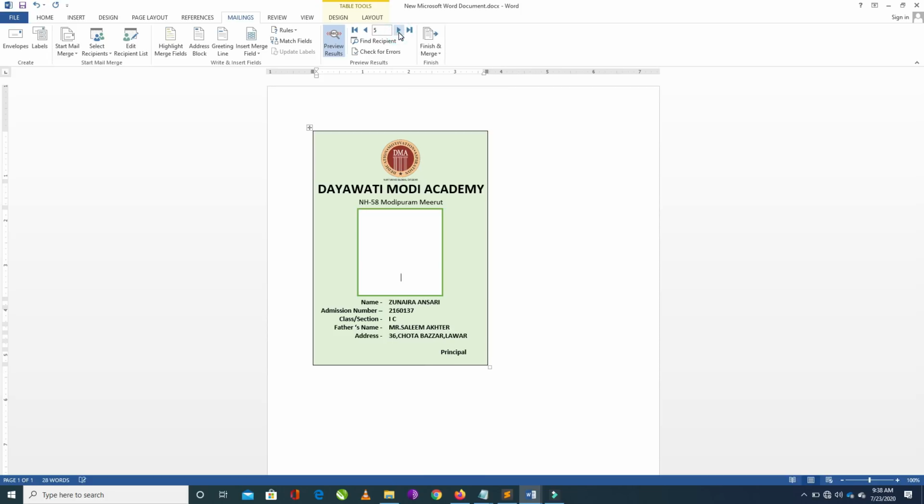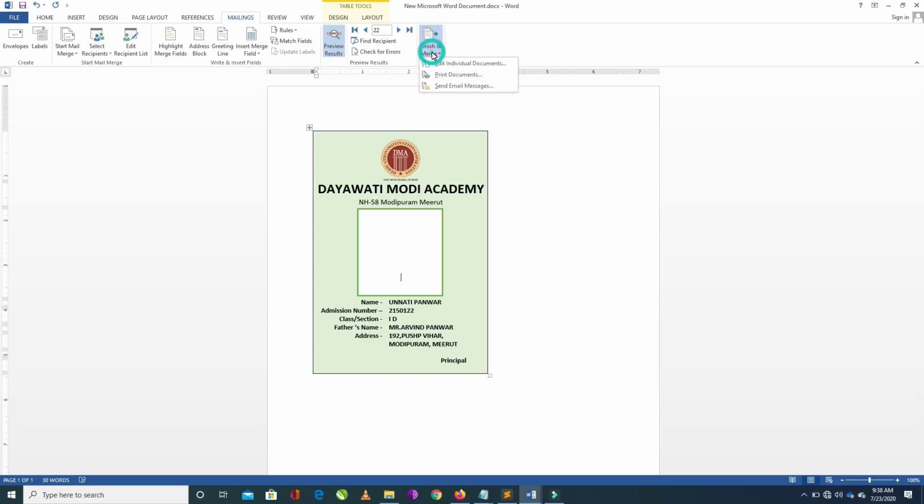By a single ID card we can create multiple ID cards. So this is the mail merge feature.